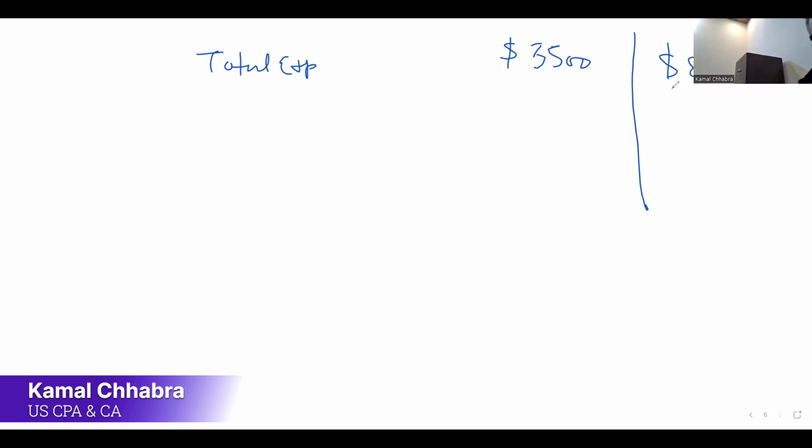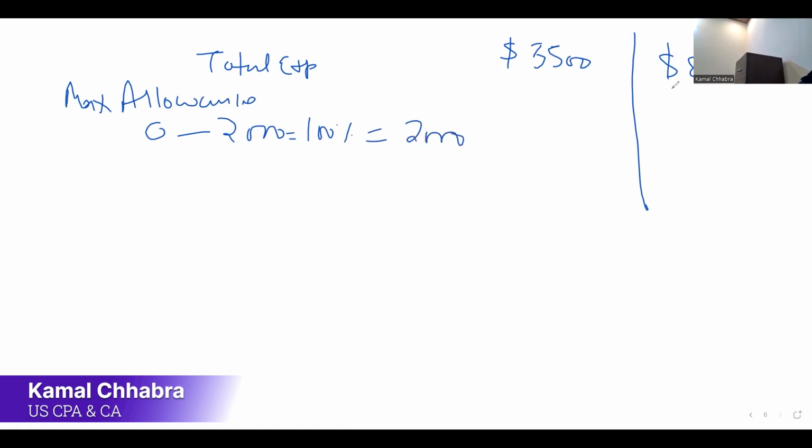In this case, what is the maximum allowance? $0 to $2,000, 100%, which is $2,000, right? And then